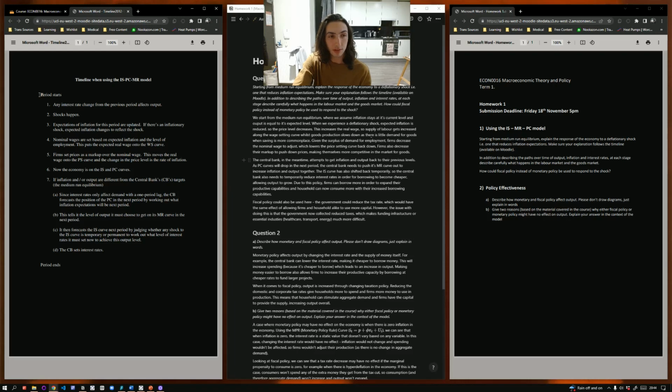First of all, let's look at the timeline here. So we're seeing an interest rate shock happen, and expectations of inflation change. We're looking at the labour market here. Then the economy is essentially on the price-setting curve, the Phillips curve and the IS curve. Then we have the central bank's decisions.